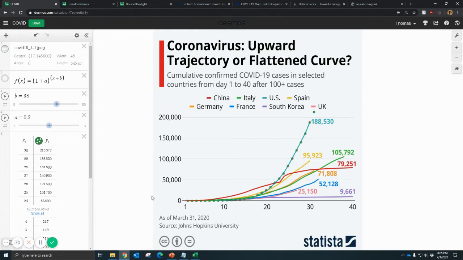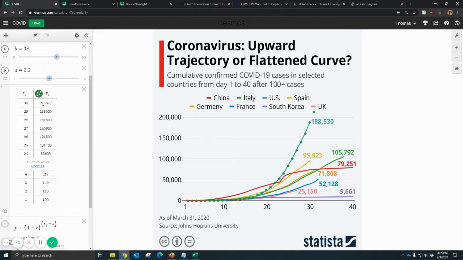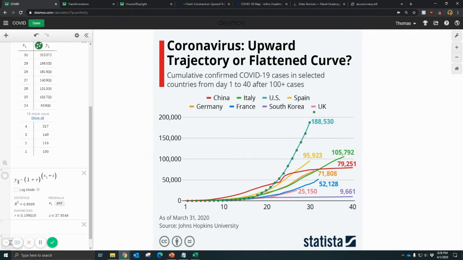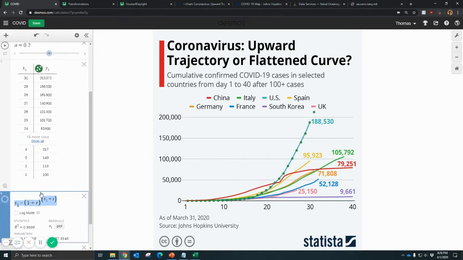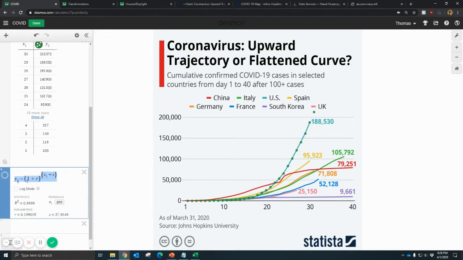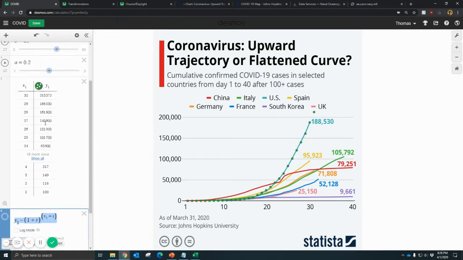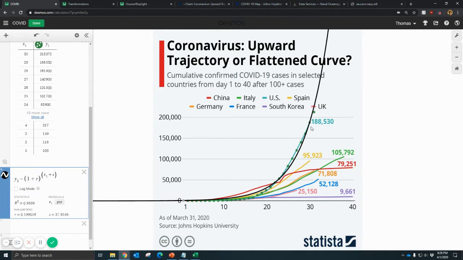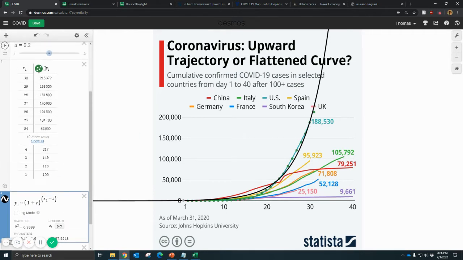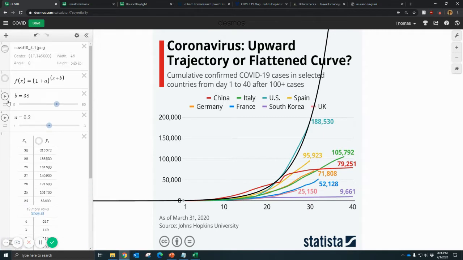And so here's the data that this graph is created by. This data, again, I got from the Johns Hopkins University COVID-19 website. I typed in all the data that they had for the last 30 days. This is the day number and the recorded number of cases for that day. And I could perform a regression. Notice there are a lot of similarities between this function right here, which is called a regression in Desmos, and this right here. This is the same format. And if I turn that on, I get this black graph. What that black graph is saying is that it is a perfect exponential function.